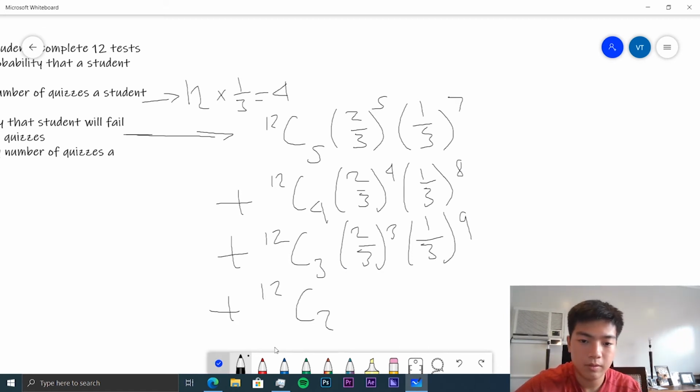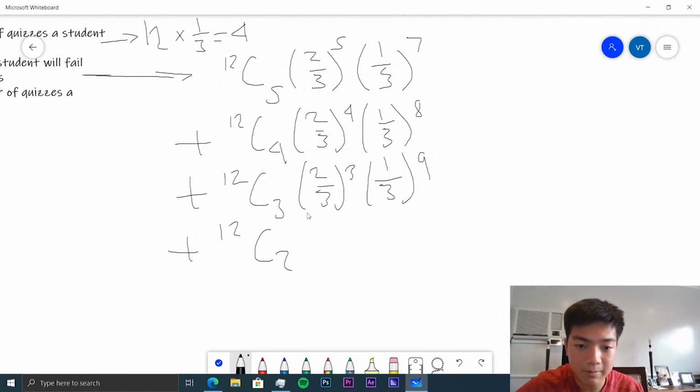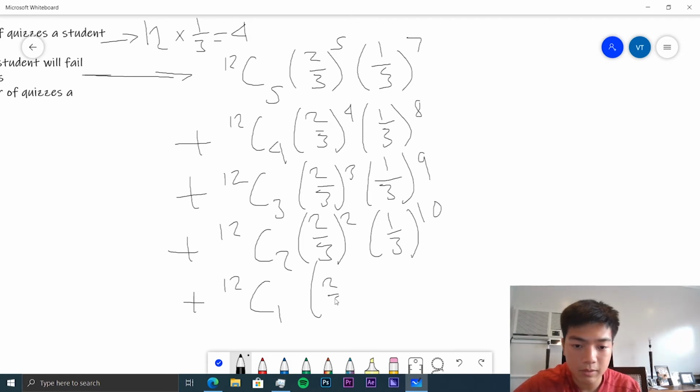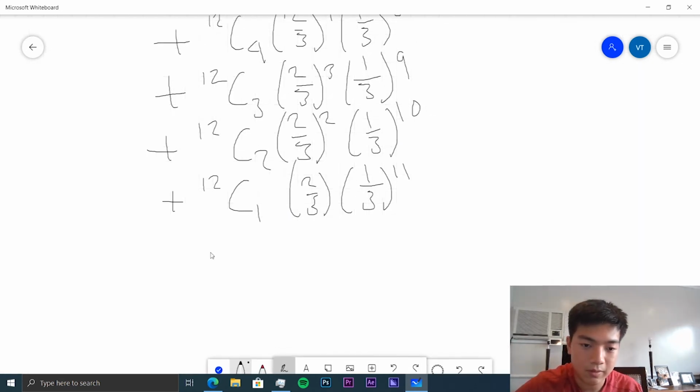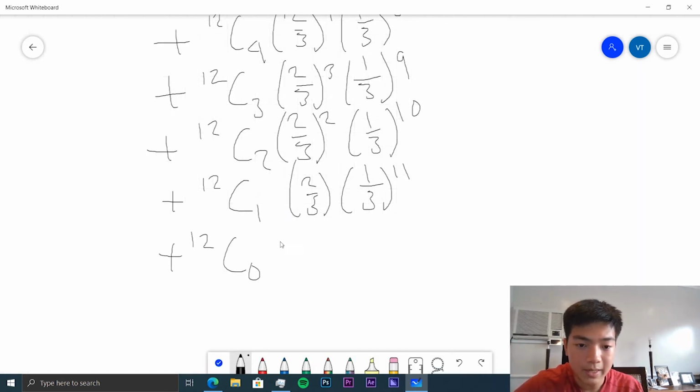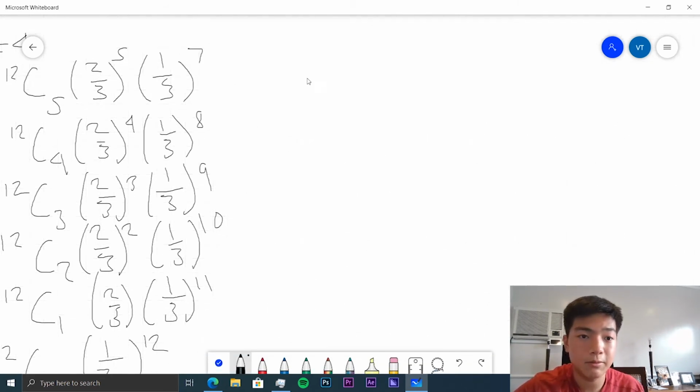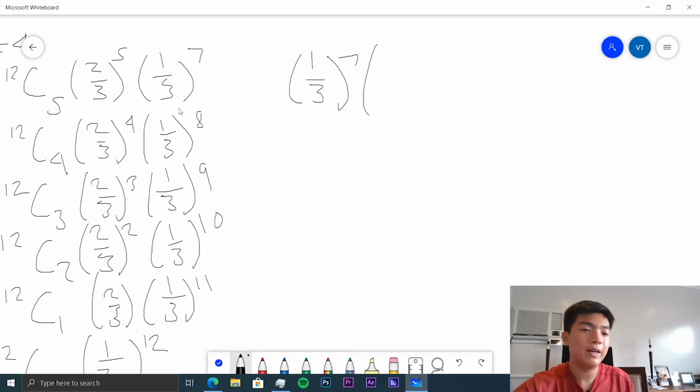12 choose 2 times 2/3 to the 2 times 1/3 to the 10, plus 12 choose 1 times 2/3 times 1/3 to the 11, plus 12 choose 0 times 1/3 to the 12. So we can simplify this. This is equal to 1/3 to the 7 times 12 choose 5 times 2/3 to the 5. So this is equal to 12 choose 5, 792